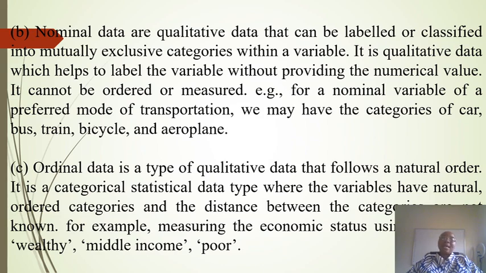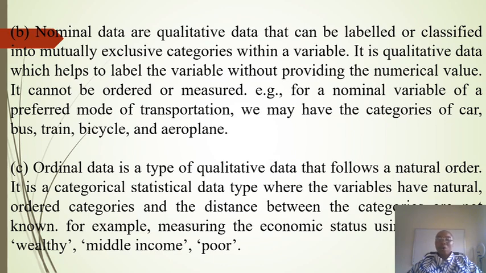The second type of qualitative data is nominal data. Nominal data are also qualitative data. They can be labeled or classified into mutually exclusive categories within a variable. It is qualitative data which helps us to label the variable without providing numerical value. It cannot be ordered or measured. For a nominal variable of preferred mode of transportation, we may have categories of car, bus, train, bicycle, aeroplane,